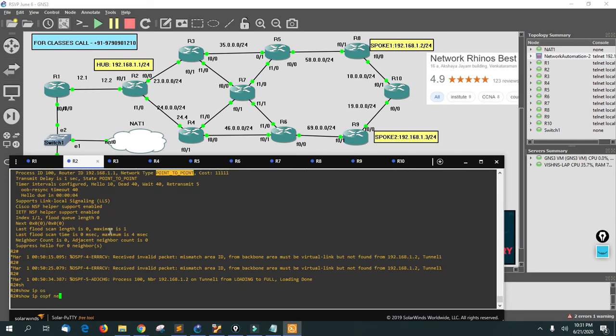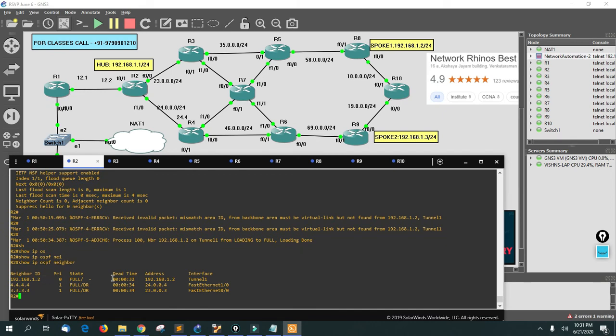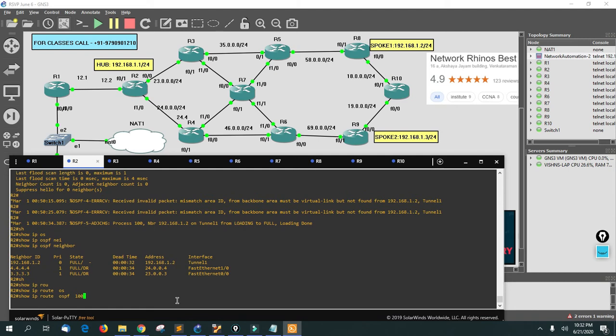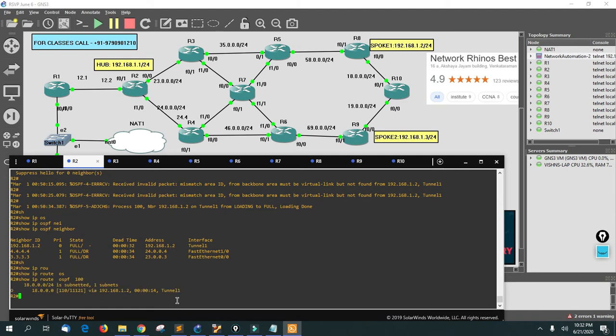Show IP OSPF neighbor. Do you have any neighbor with tunnel interface? Yes, I do have. Now let's see, am I learning any route? Show IP route OSPF 100. Okay, that's nice. We are learning 18 network via the tunnel interface. Now let me tell you.